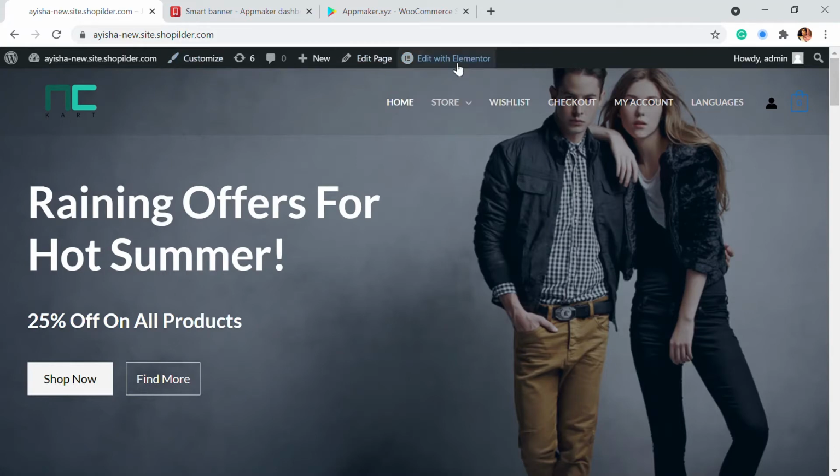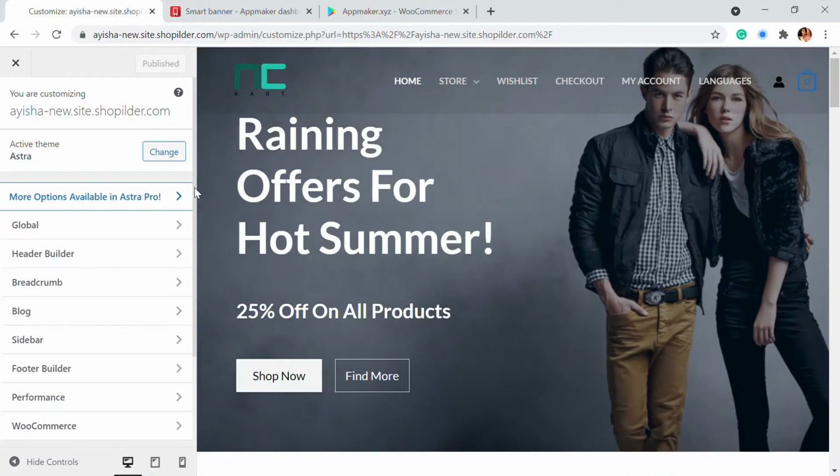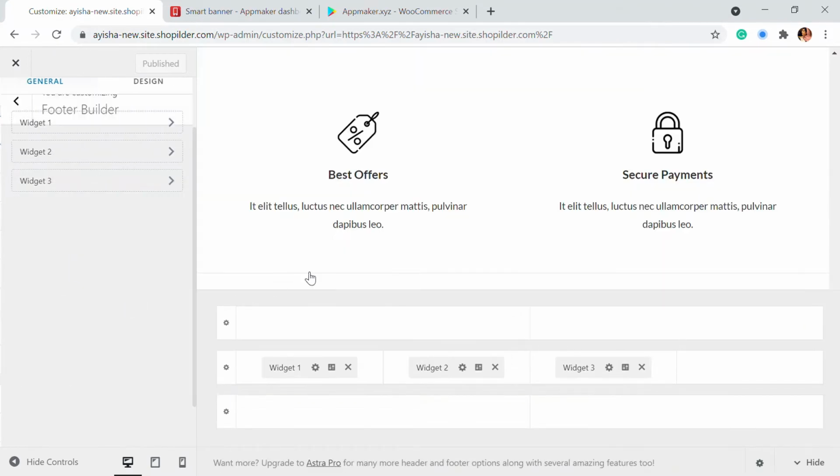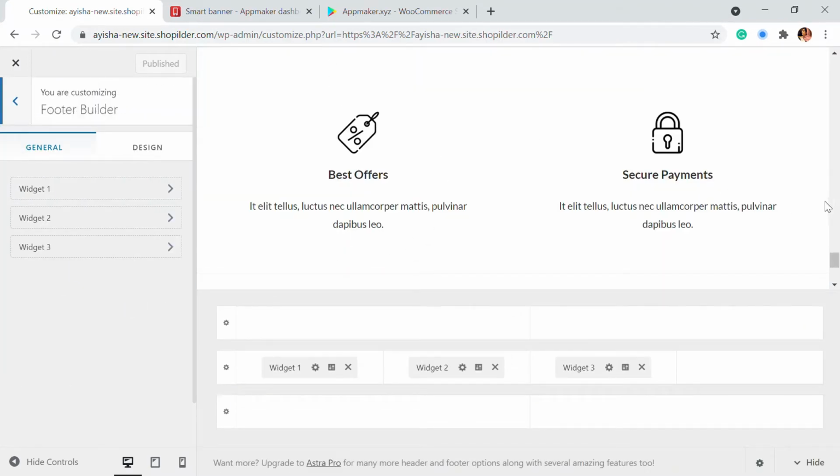If you're using Elementor, you can just edit your footer by dragging and dropping the image and adding a link. Since we have a customization option that is global for everyone, I'm just going to use the customize option here. With WordPress 5.8, we get a full site editing option, and this is a great bonus. So right here, we're going to go to the footer builder, and you will be taken into the footer section.